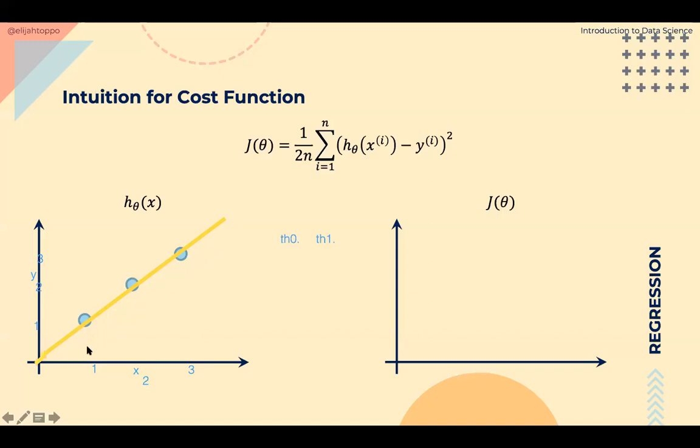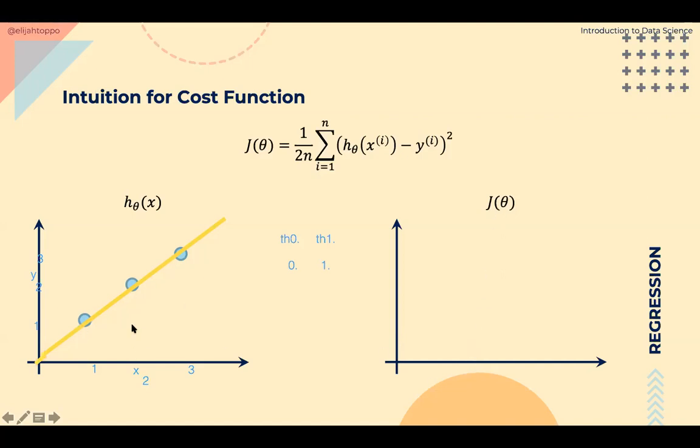For this prediction, we can say that theta 0 has a value of 0, and theta 1 has a value of 1. So with theta 0 as 0 and theta 1 as 1, we can get this model. For this model, if I have to evaluate the cost, where theta 1 is on this x-axis, where would this cost be plotted on this graph?